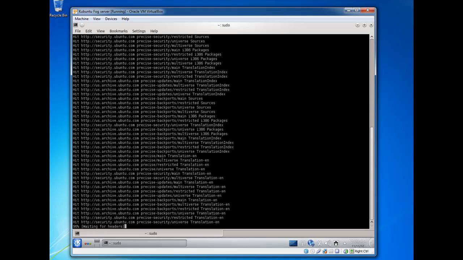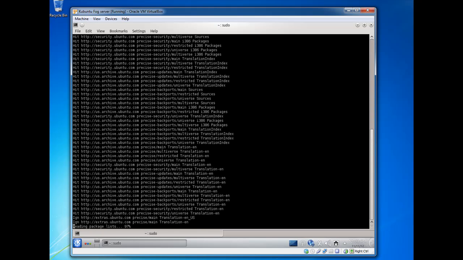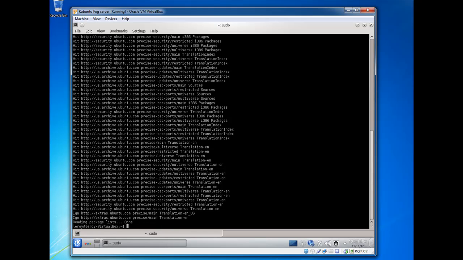So I'm going to type in sudo space apt space get space update, and then hit enter on that and give it your administrator password. You notice it's downloading from the web and doing some updates here. It's going pretty quick, and it's done already. Great. This next one is going to take a little while to do. You type in sudo space apt dash get space upgrade,